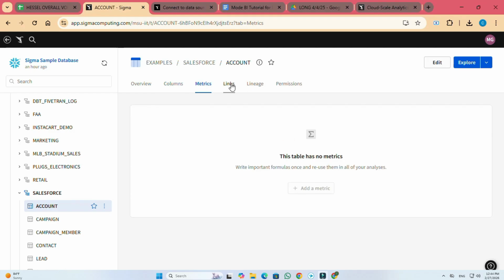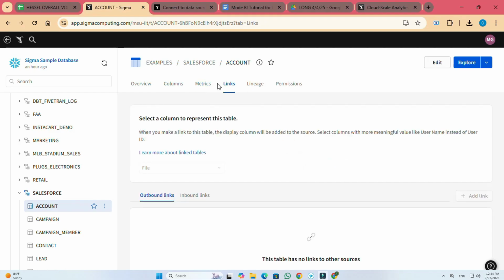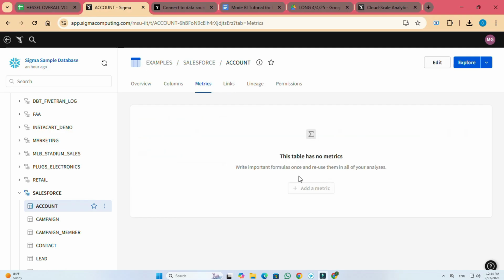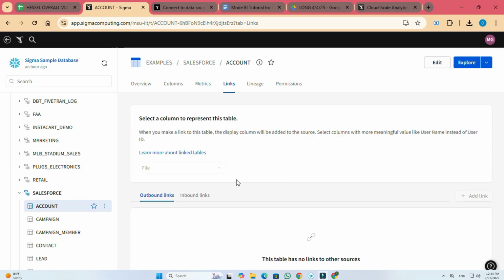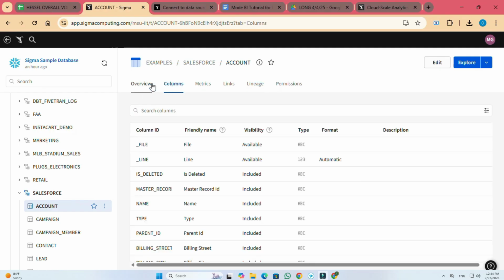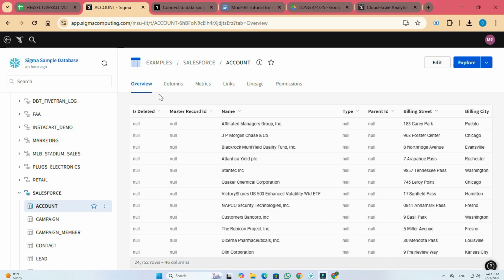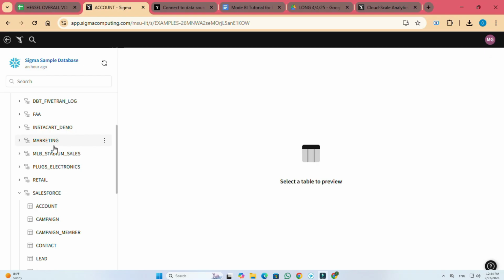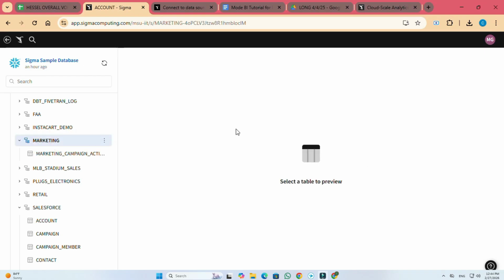Build visualizations. Once you have explored your data and identified the key metrics you want to track, you can create visualizations to better understand the trends and patterns in your data. Sigma Computing offers a range of visualization options, including bar charts, line graphs, pie charts, and more. To create a visualization, simply select the data you want to visualize and choose the appropriate chart type from the toolbar. You can customize the charts by adjusting the axis labels, colors, and other properties to make your data easier